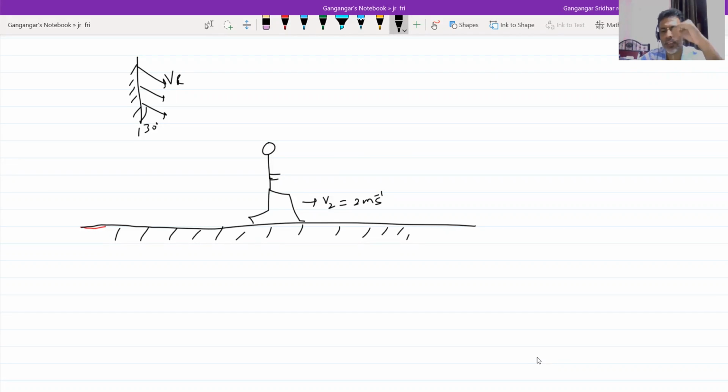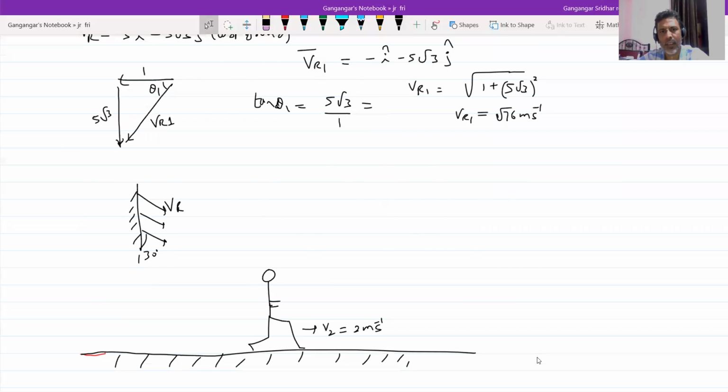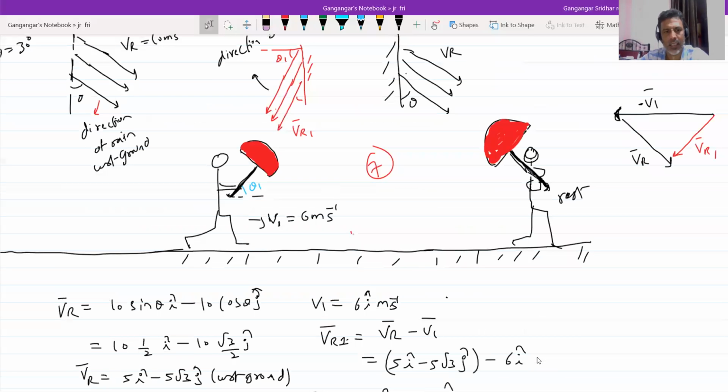Already we have discussed the velocity of rain expression. Can you recollect that? I'll show it once. Expression for velocity of rain: 10 sin theta, so it was equal to 5 i cap minus 5 root 3 j cap. This value I'm going to take care of. 5 i cap